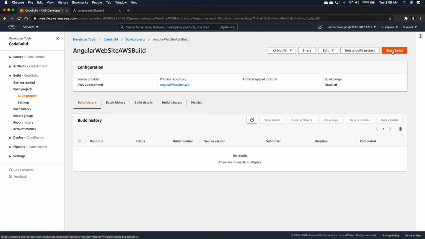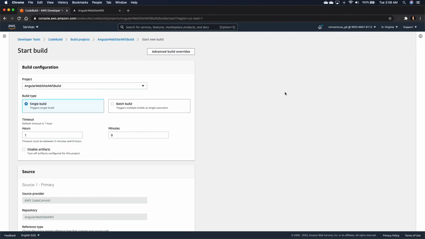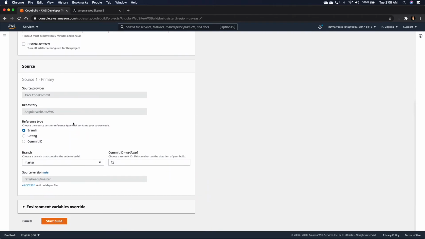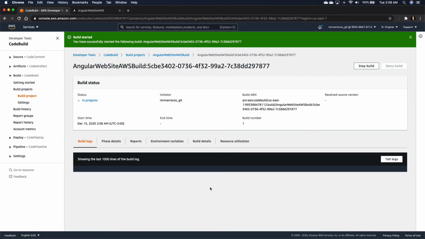And let's start the build. Here we have the option to review the parameters, and we can override some information if required. But let's start the build. While the build is happening, we can see the build logs and check the commands being executed and the outcome